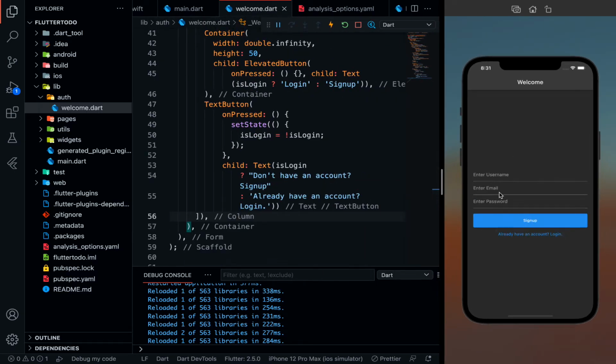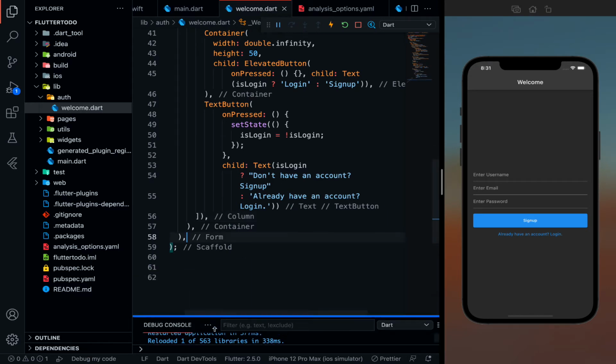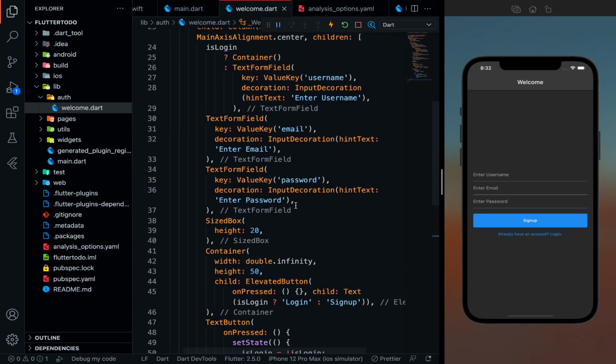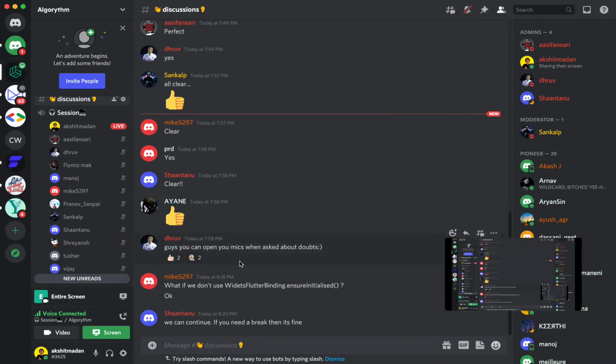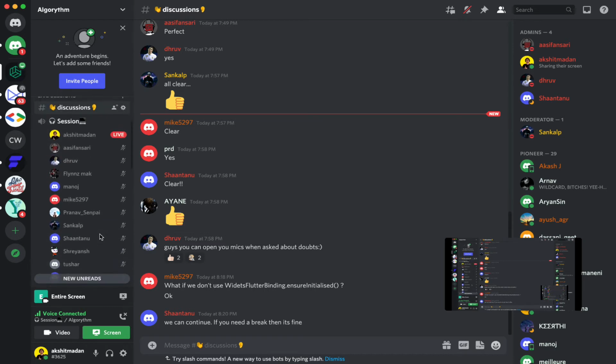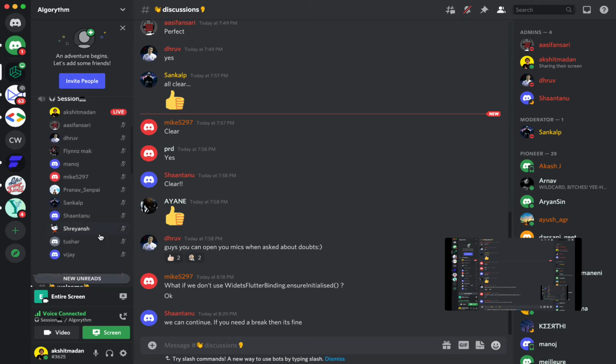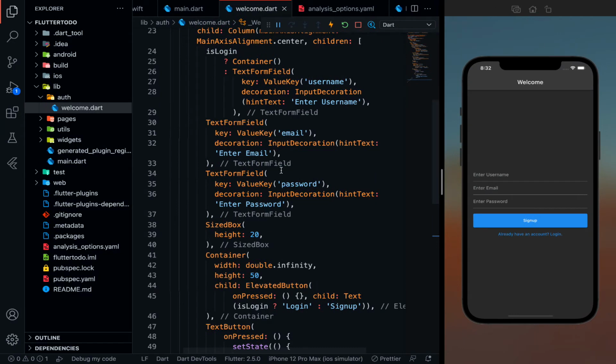Currently we will be changing it to sign up because we have not added any user to our database, and our main motive now should be to connect our database and start adding the users, right? I hope it is clear. If you have any doubt, I'm waiting for a minute. You can add the question in the discussion channel. Or we can continue also.